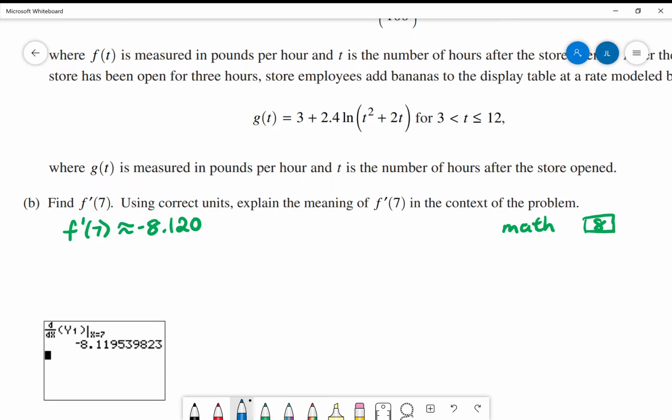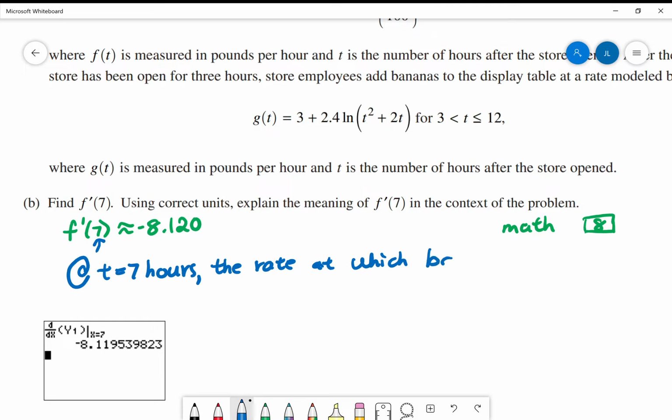Before you get into whether the rate of change is increasing or decreasing, address the 7 right away. You don't want to forget to mention it when you're writing out your response. Right away, put at time t is equal to 7 hours. Then you can worry about what f stands for and what f prime stands for. F in this case, of course, is the rate at which bananas are being removed. So start with that. The rate at which,